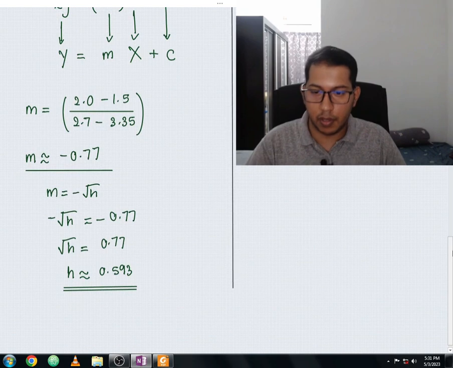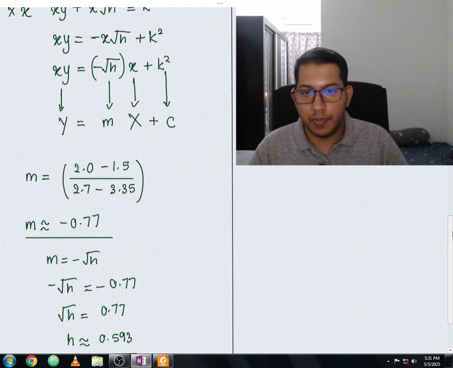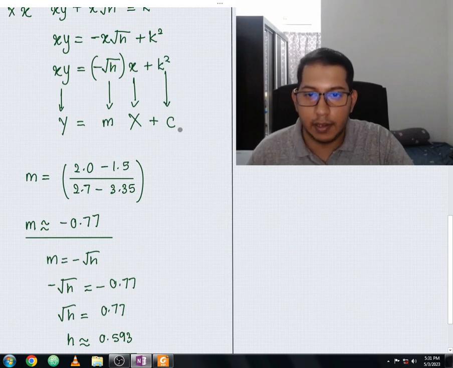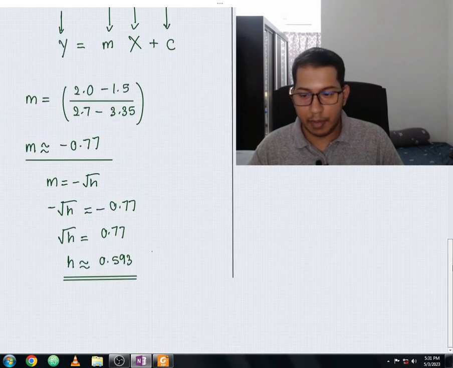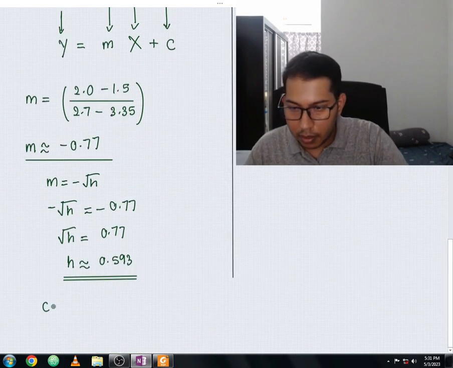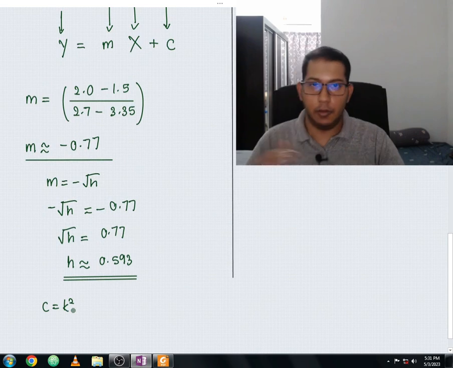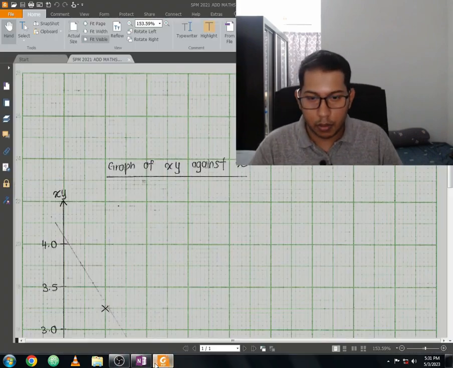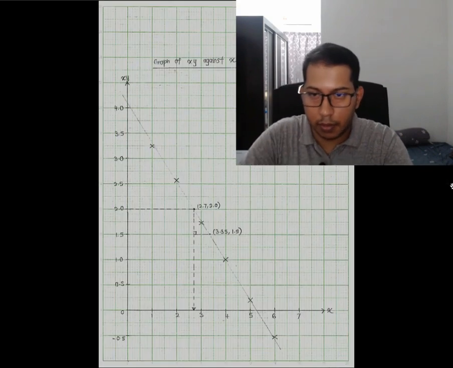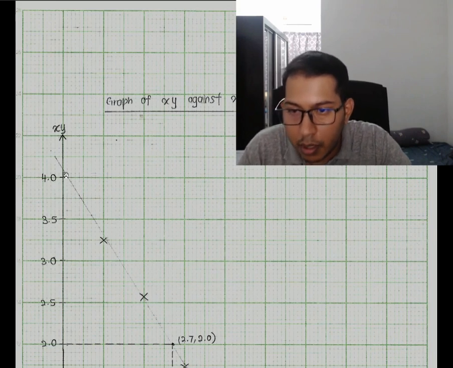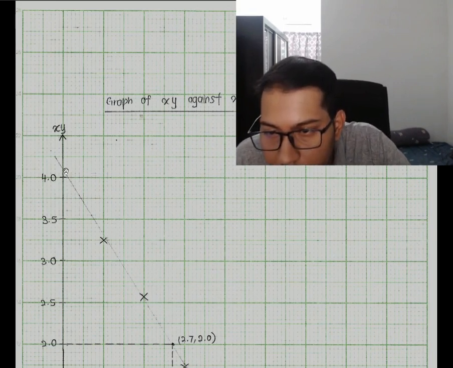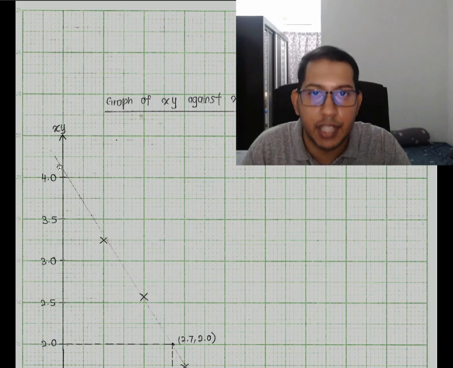Let us focus on the next value, which is k. In this case the variable k square is related to the y-intercept. Before we open our graph, let me write the relation c is equal to k square. Let me open the graph again, set to full screen, zoom in. From here if we check, it's actually intersecting at 4.1, but if you check in the answer scheme,